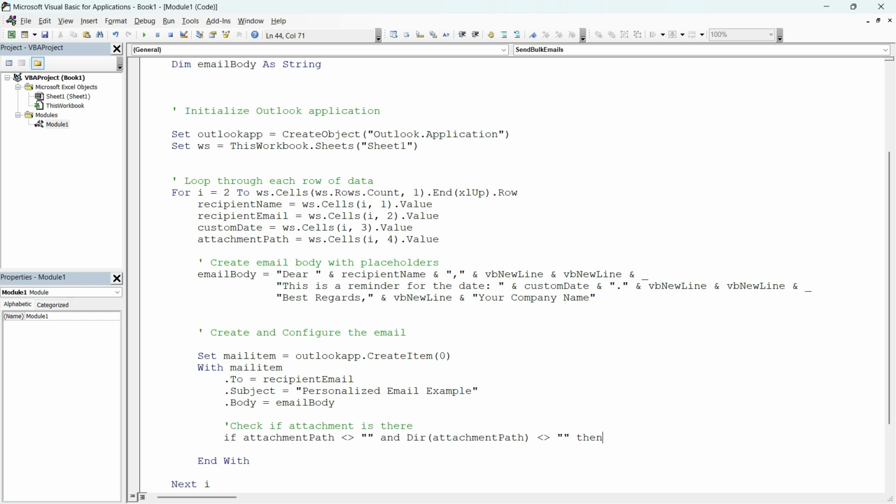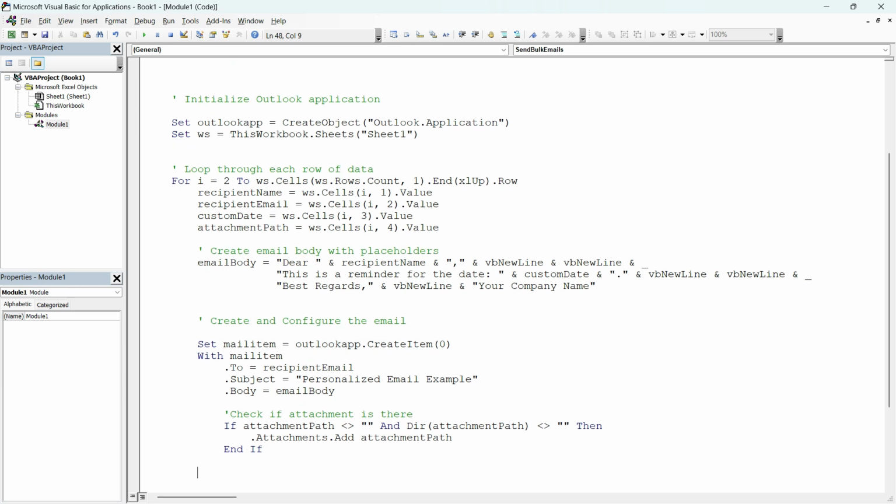So if the file is there and the value is there, then we will use the property .Attachments.Add. You can add as many attachments as you want with this property, but we have only one, so just this one.